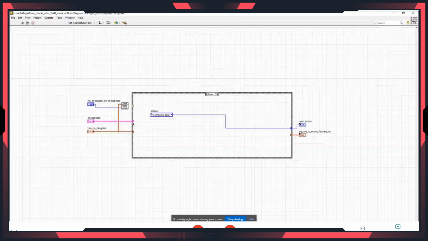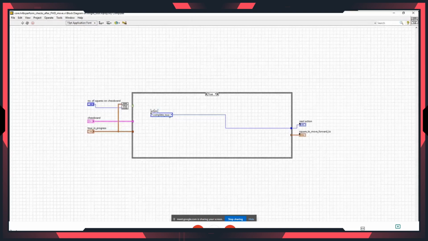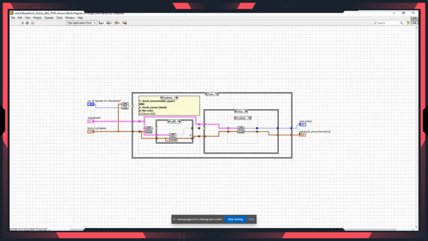So therefore, it means you can go to this state, which is the complete tour state. But obviously, this state executes very rarely. Most of the times, you haven't found the complete tour, so you will do something else. It does these checks, and these are actually quite involved checks. I can't really go into too much detail, I don't think, due to time, but basically what speeds up the